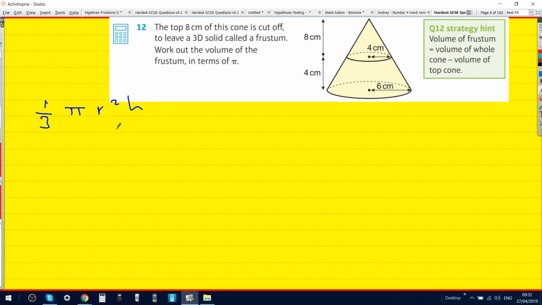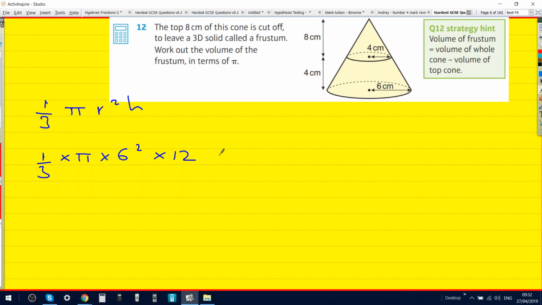R squared height. And then I need to do the big, the entire one: 1/3 times pi times 6 squared times 12, which is